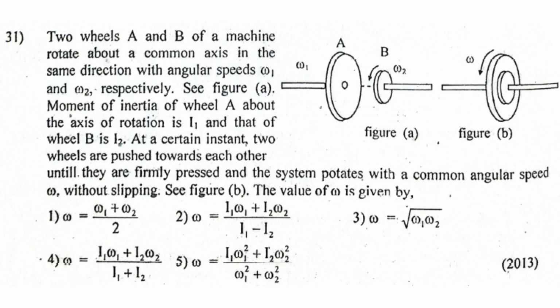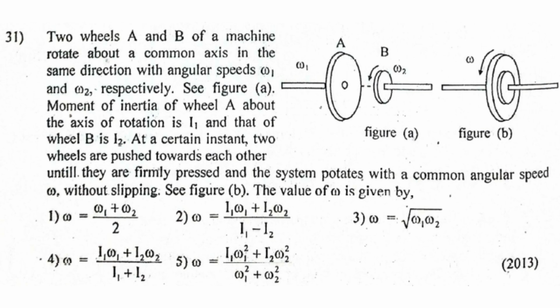Question number 31. Two wheels A and B of a machine rotate about a common axis in the same direction with angular speed omega 1 and omega 2 respectively. See figure A. Moment of inertia of wheel A about its axis of rotation is I1 and that of wheel B is I2. At a certain instant, two wheels are pushed towards each other until they are firmly fixed and